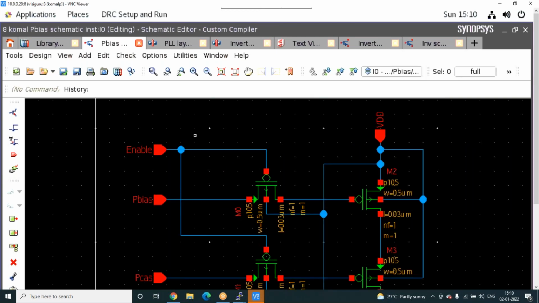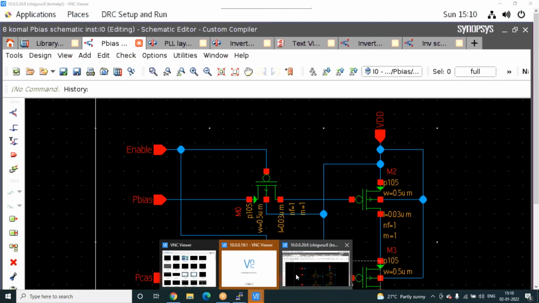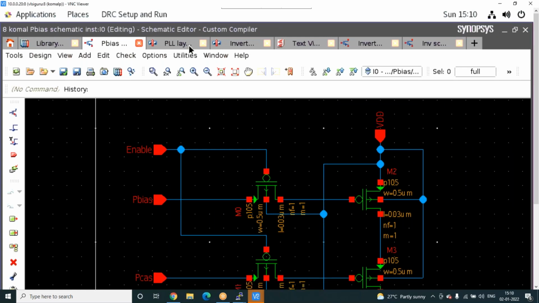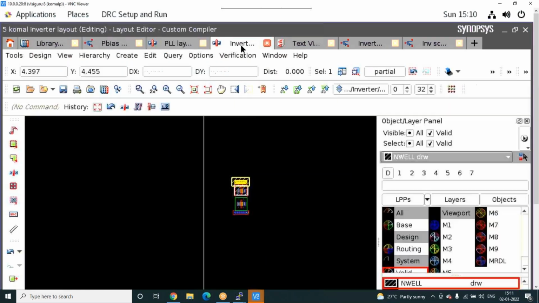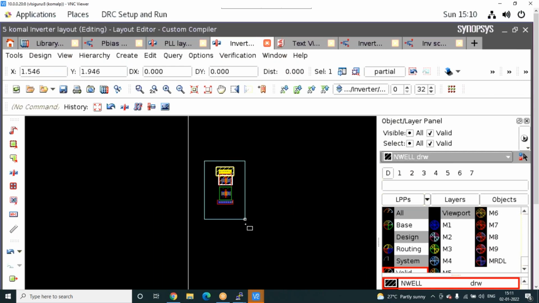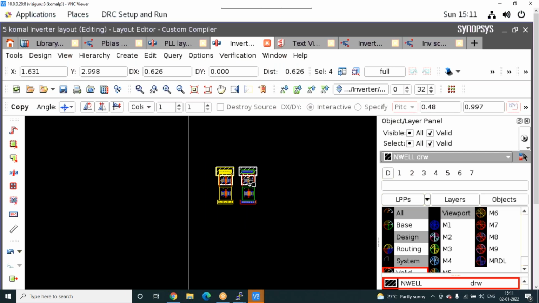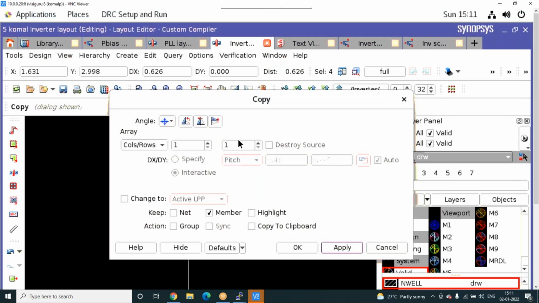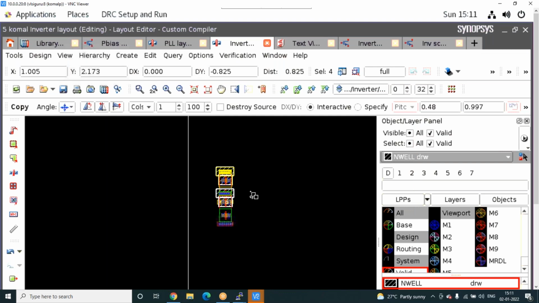So here you will learn layout techniques. Suppose you want to copy. One thing I'll show you now is how layout becomes easier. You need to copy 100 times. How will you copy? F3 will place. I'll just type 100.